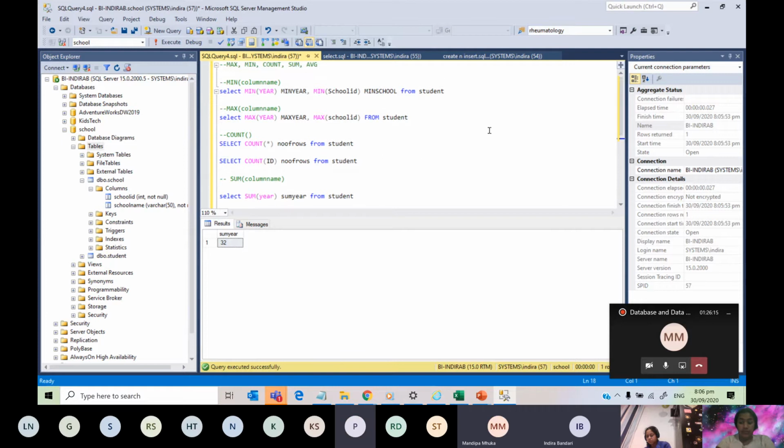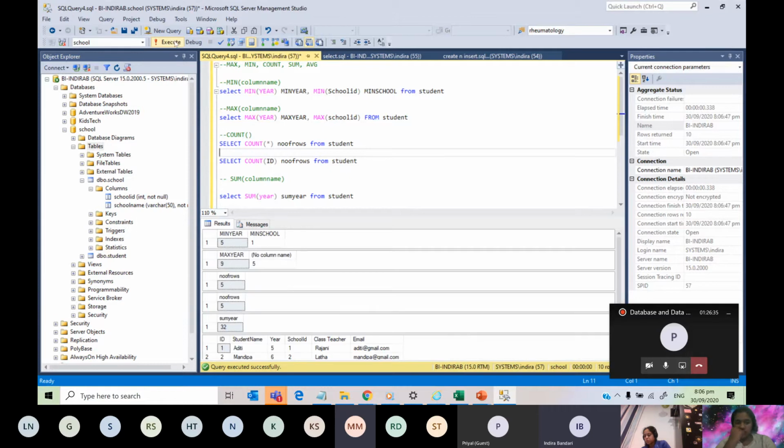If you were to put a few of these commands and execute them at one time, would it be an error? No, it won't be an error. If I run everything, see, I have done everything, and I have not selected anything.